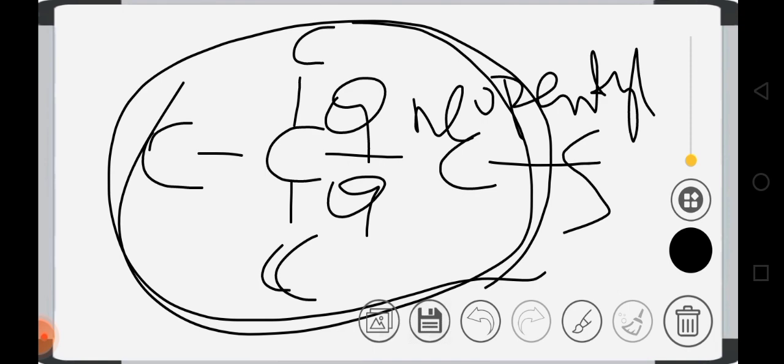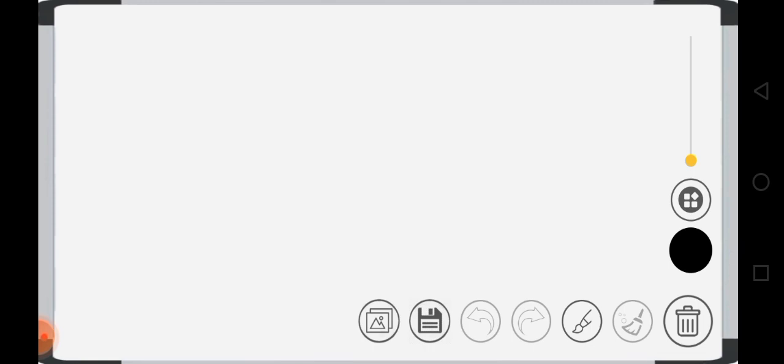Even though you attach it to this side, you still go and make the quaternary carbon. Attach it to this side, you still make this quaternary carbon. So we are going to call this one neopentyne. Neo what? Pentyne. So you can also write it this way. Okay. Got it? So that you'll be able to differentiate it from